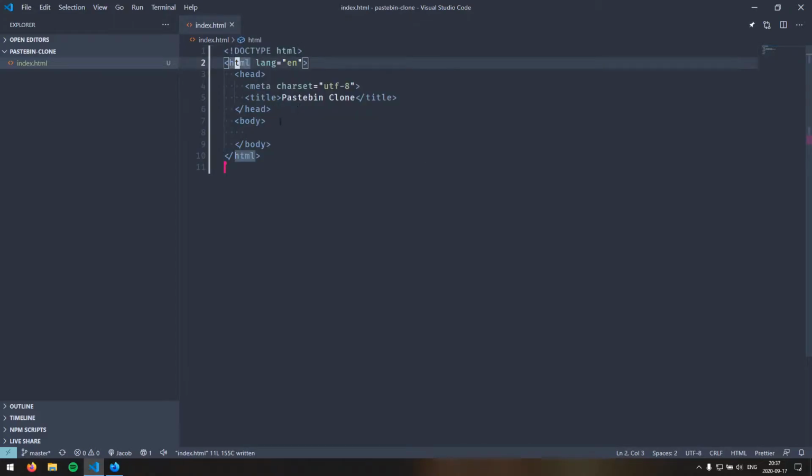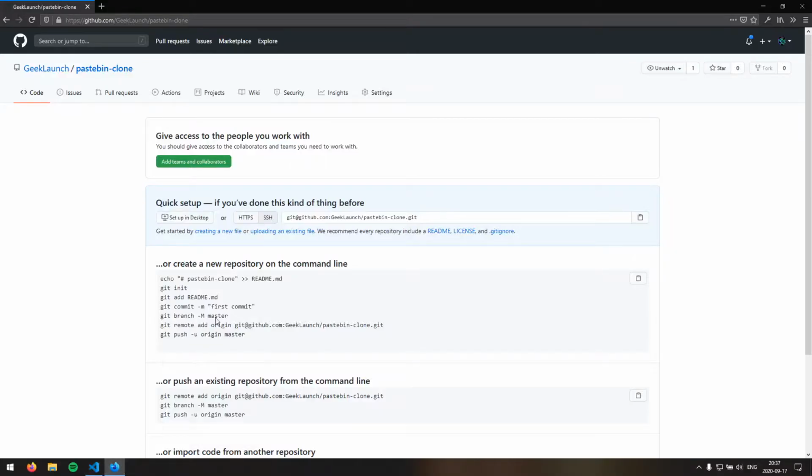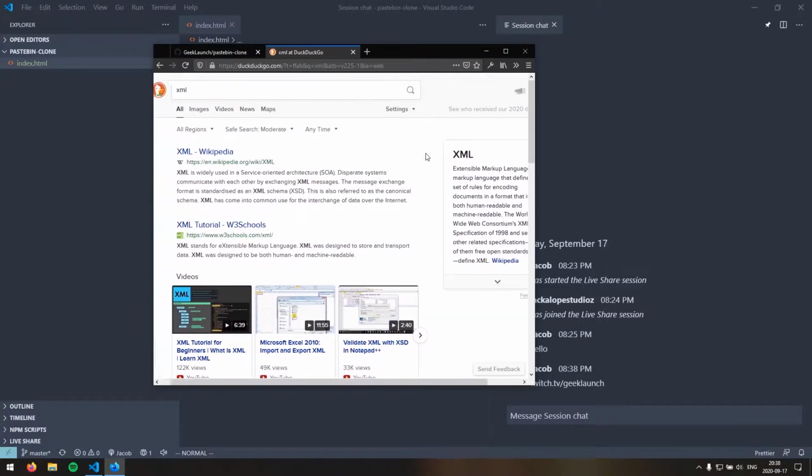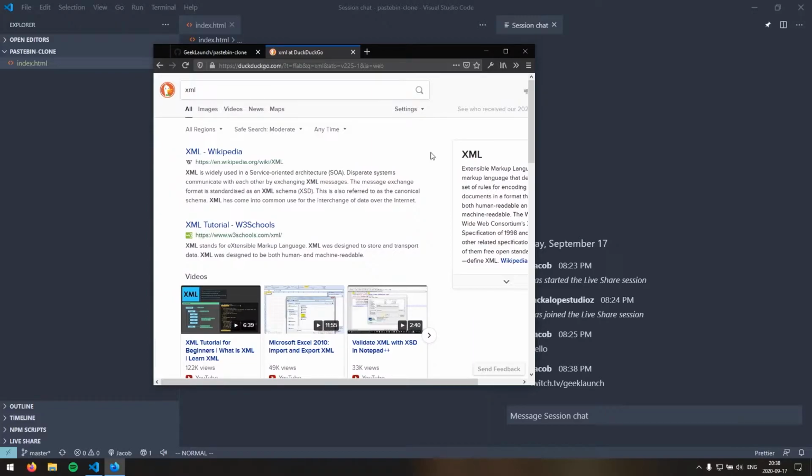Then we have this HTML tag. HTML is an XML-based markup language, which means that you have a lot of these things called tags, which start with the less than sign. Okay, explain to me what XML-based means, I guess. Great question. XML is a really general data storage language. It's a markup language. It stands for Extensible Markup Language, and it organizes